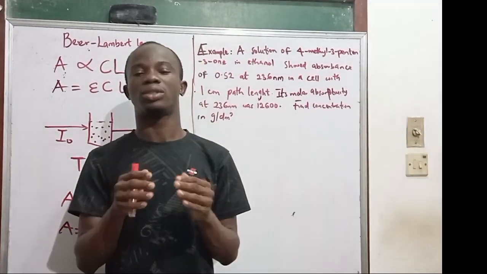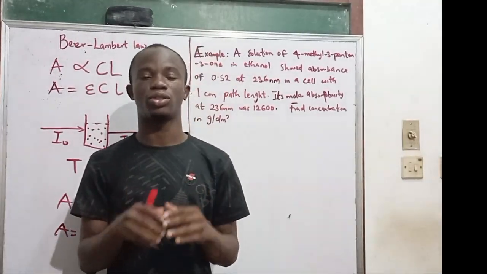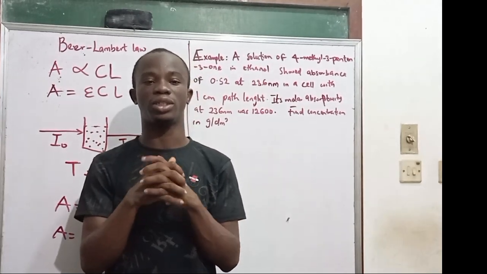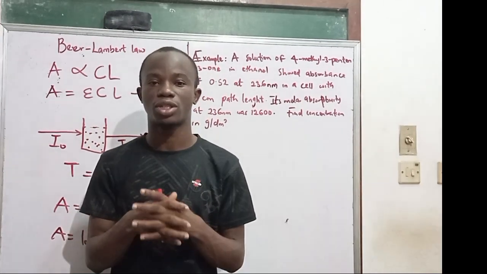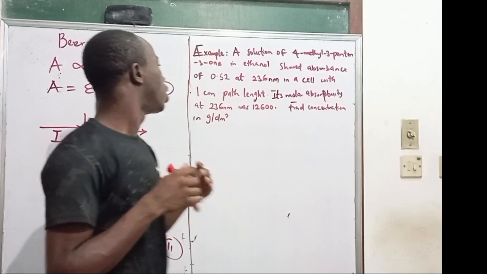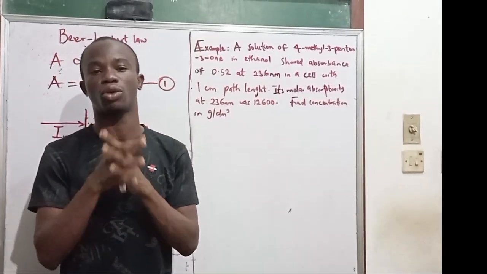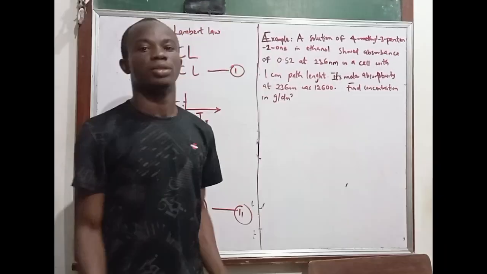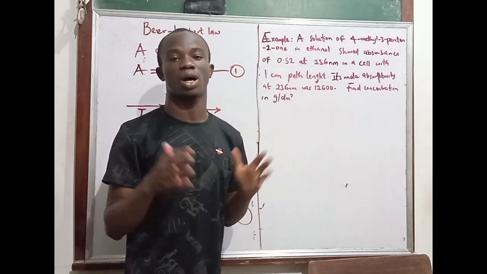At the same time, we must note that absorbance does not have any unit. It's just a quantity that helps to measure the amount of absorption that takes place during the use of a spectrophotometer. But the essence of it is that it can be used to determine the concentration of substance present in our solution. Now, we are going to look at an example based on what I've explained so far,